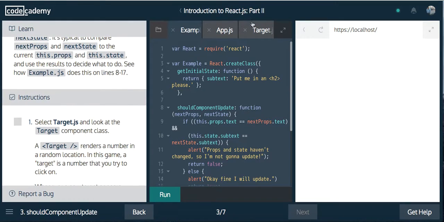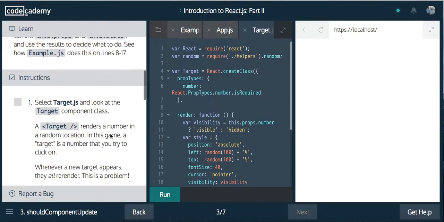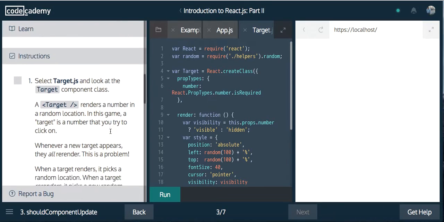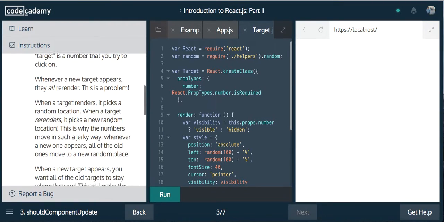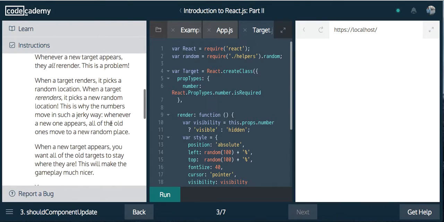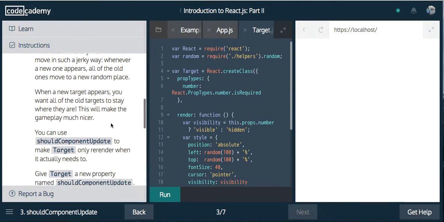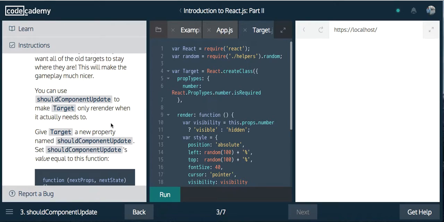So select target.js and look at the target component class. Target renders a number in a random location. In this game, a target is a number that you try to click on. Whenever a new target appears, they all re-render. This is a problem. You can use should component update to make a target only render or re-render when it